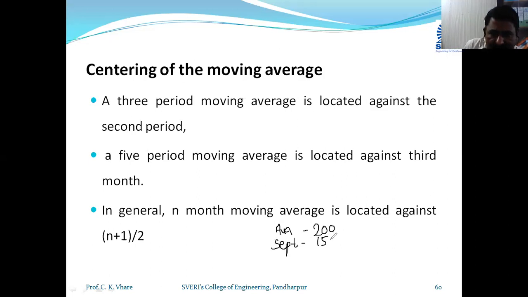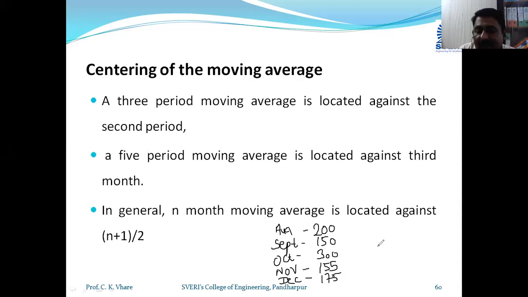September, demand 150. October, demand 300. November, demand 155, and December, demand 175. So if I say calculate the demand for the month of January by taking the 5 months average,